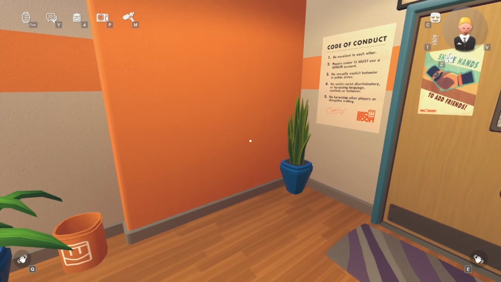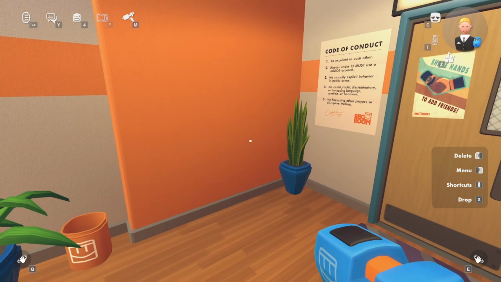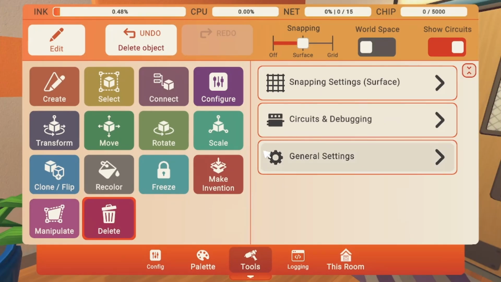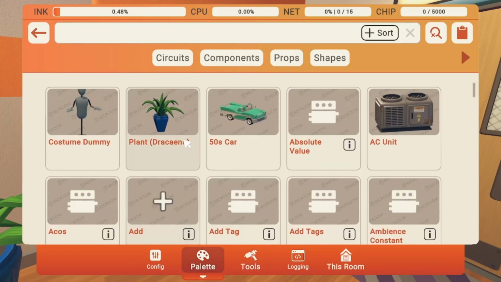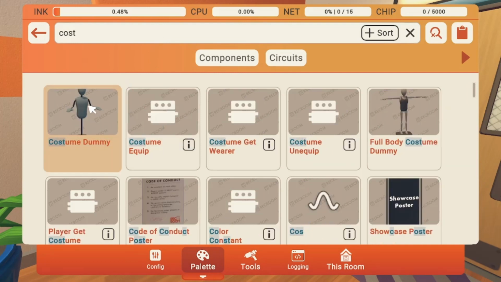So we are here on our game. We are going to press M, take in the maker pen, and then right click to open up the menu. Here what you're going to do is, you're going to come to palette, and then you are going to search for costume dummy. Here select that, and then